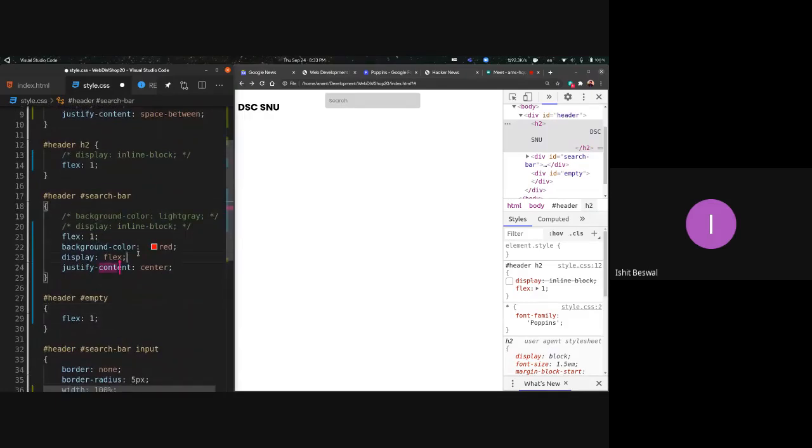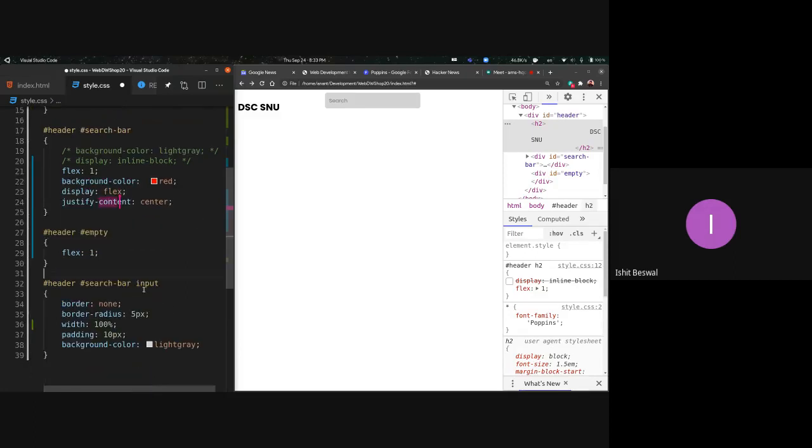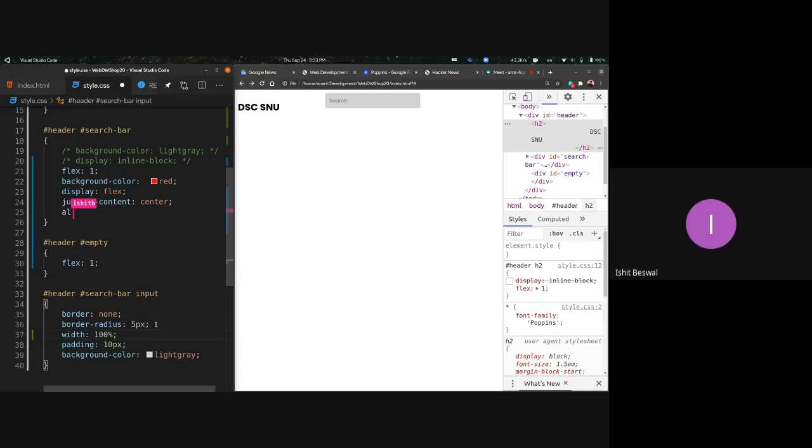Justify is for the horizontal alignment. For the vertical alignment, the property is align items, and here also I'm going to give the value of center. This will center your children in the search bar.